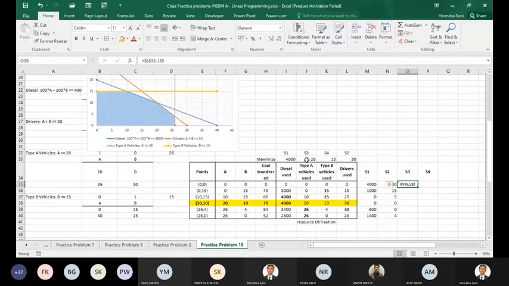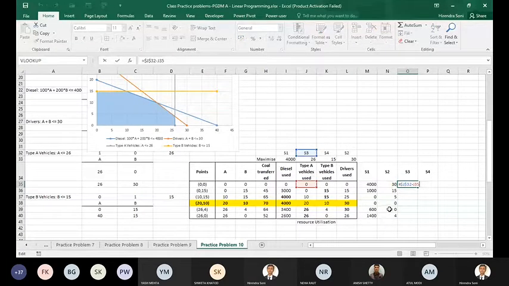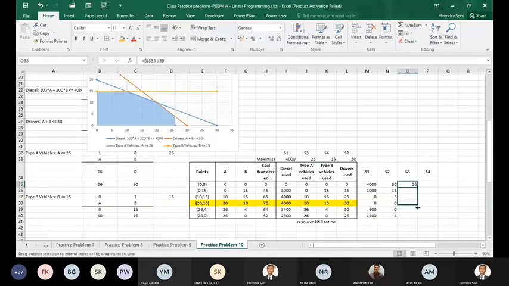So एक मिनट, गड़बड़ किया मैंने. हाँ सॉरी, ये लेना था. So since no vehicles are getting used, so slack variables यहाँ पर 0 0 के लिए it is 26, 0 15 के लिए